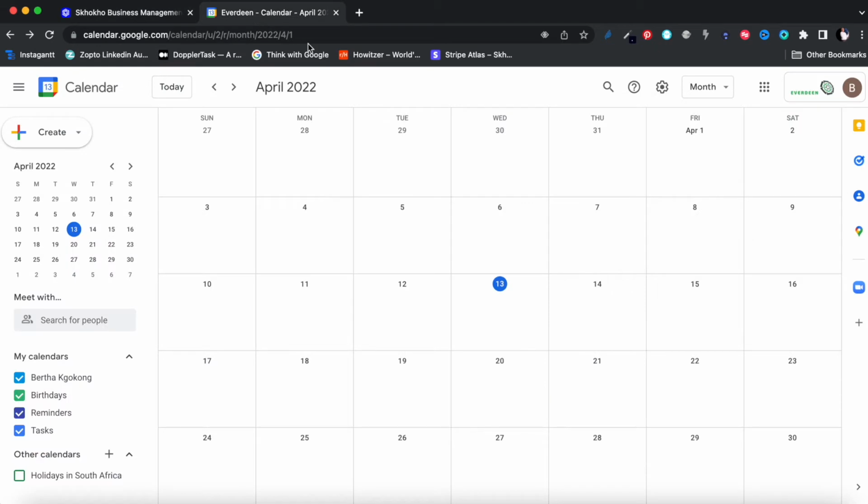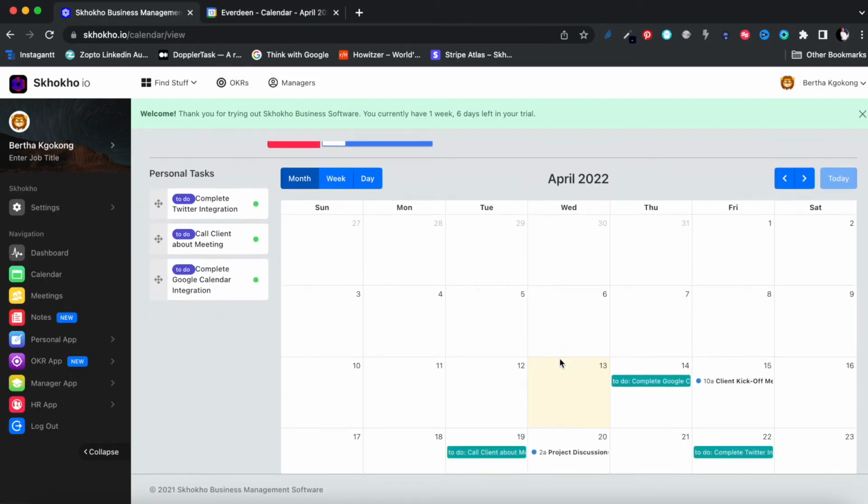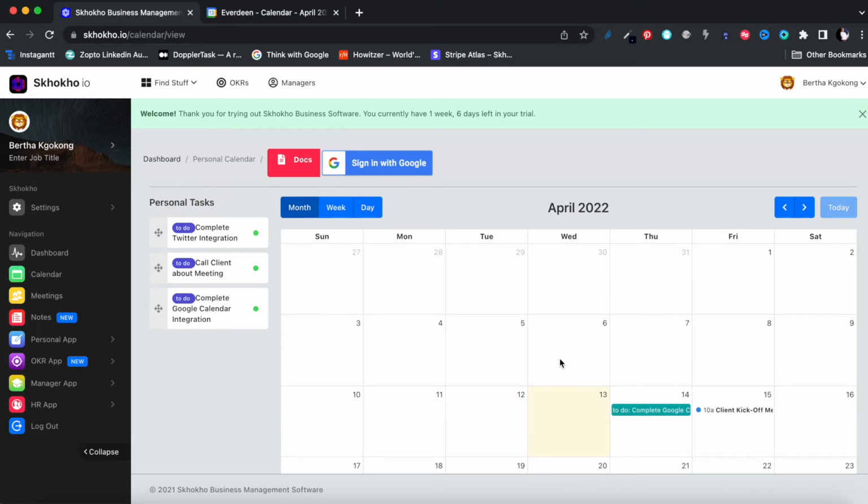And this is my Google Calendar that I've used to log in. So you can see here, April 2022, currently, I've just emptied the calendar, so you can see that there's nothing there. This is again the 13th, the same date that matches with today's date. So I'm going to go through the process of the integration so that we can now continue to integrate the